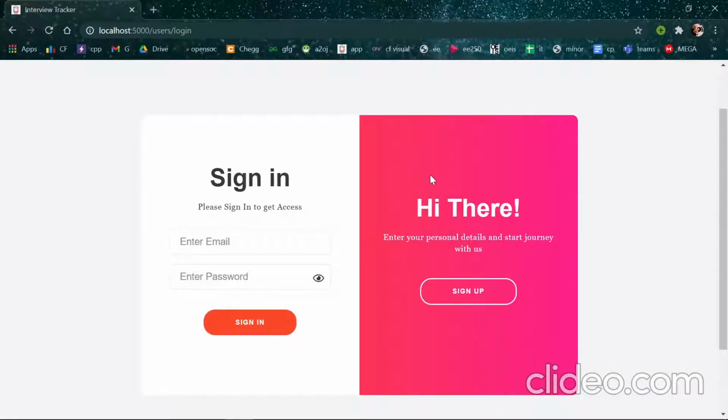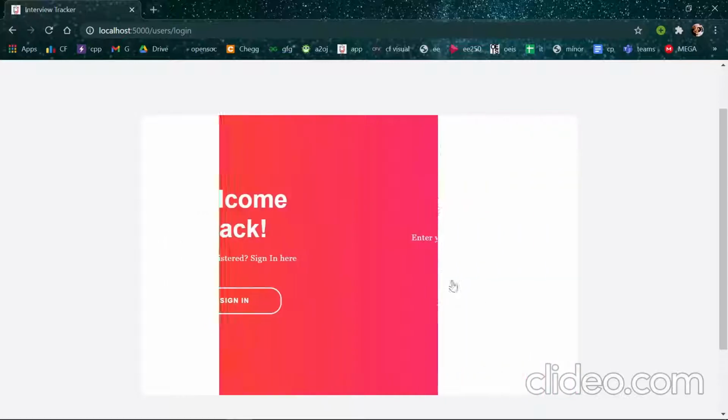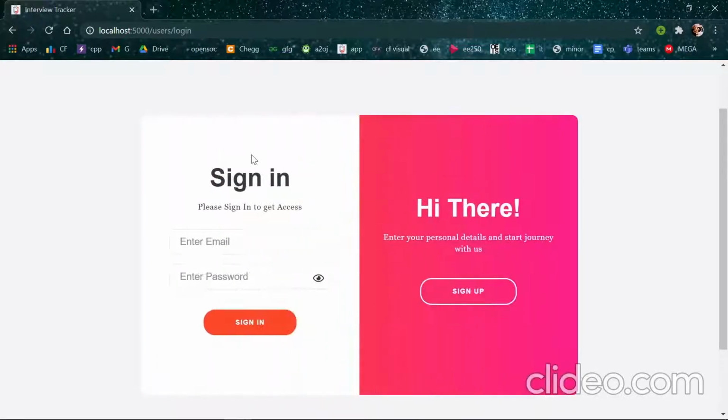This is the sign in and sign up form. And there is a smooth transition between the create account page and the sign in page. This is basically a cards display, which we have done using just basic CSS. To see what the resources are in this website, we need to either sign in or first create an account, create a new account in the database, and then we can sign in to see the resources. So let's start by creating a new account.